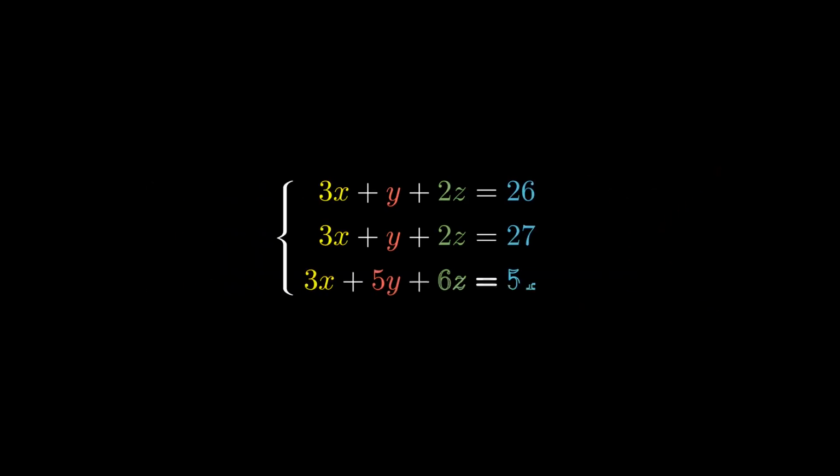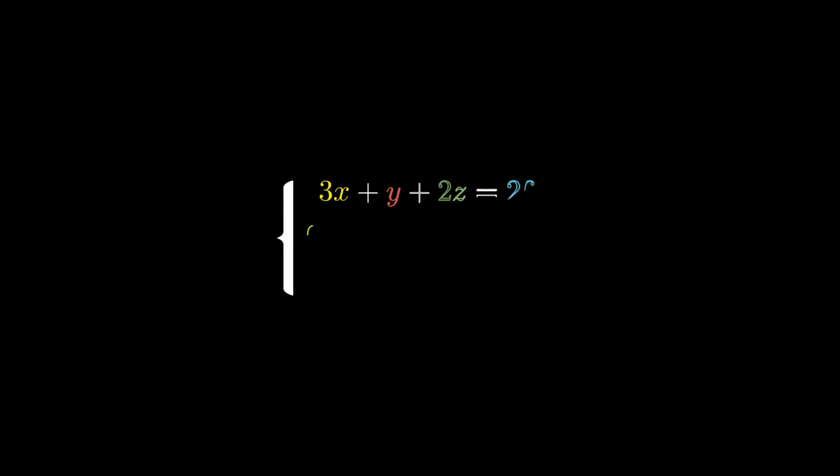First, we'll explore what solving a system of linear equations with no solutions looks like. A system of linear equations has no solutions when there is a contradiction between two of its equations. For example, if the second customer had bought 3 cartons of milk, 1 box of eggs, 2 bags of flour, and paid $27, we can clearly see that there is a contradiction between the first and second equations. The second customer buys the exact same things as the first customer, yet pays $1 more, which obviously is not